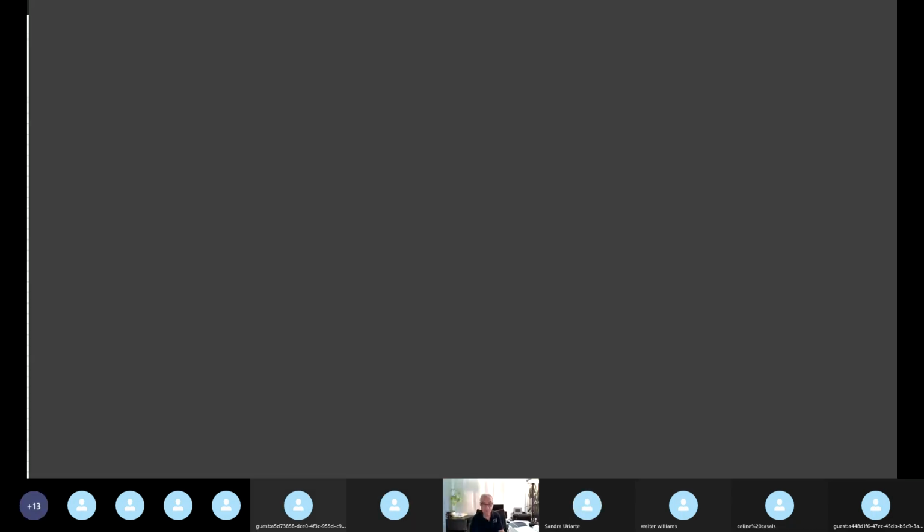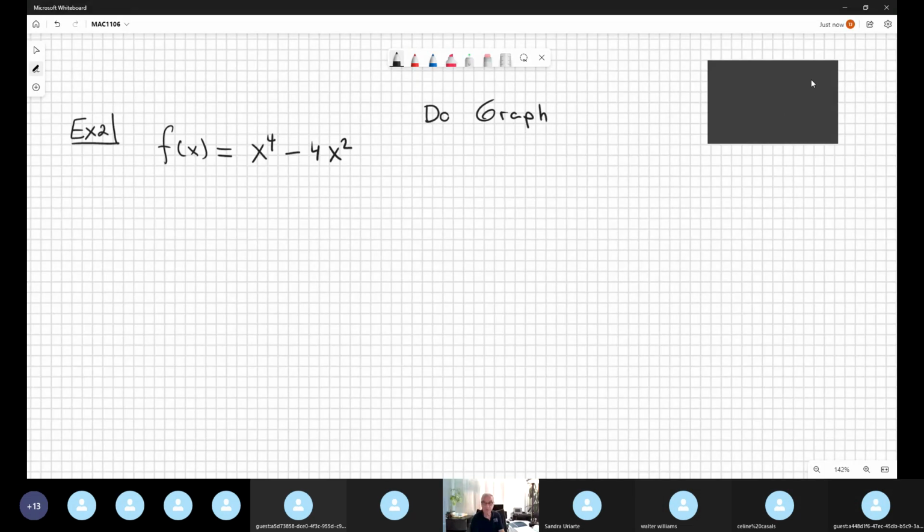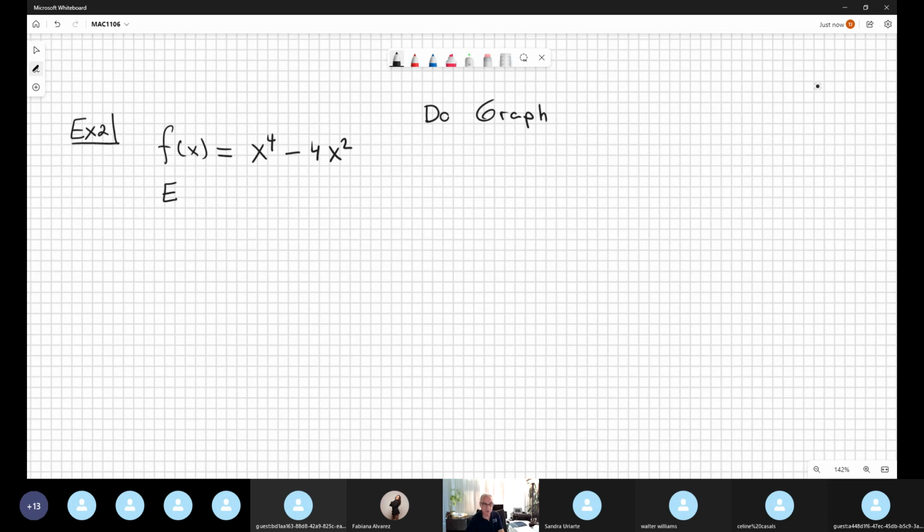Now, do the graph. Remember, we studied last class the end behavior. So the end behavior expression is the one you take from the term that contains the higher exponent. It's the end behavior because it's the dominant monomial, the one increasing faster. Now, when you see that the exponent is an even number, and the coefficient, by the way, is a positive number, the end behavior